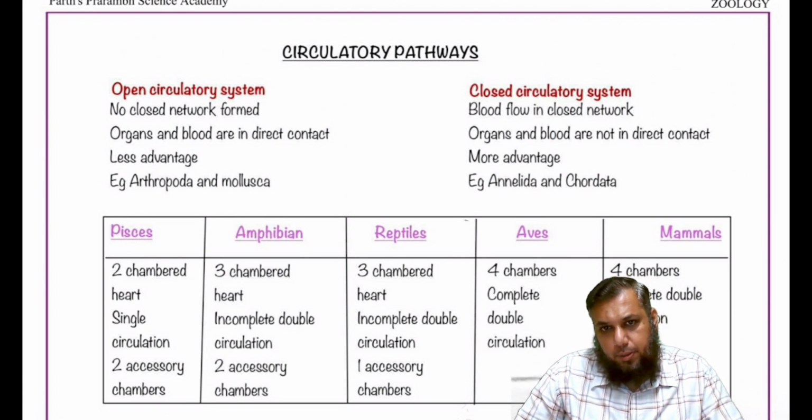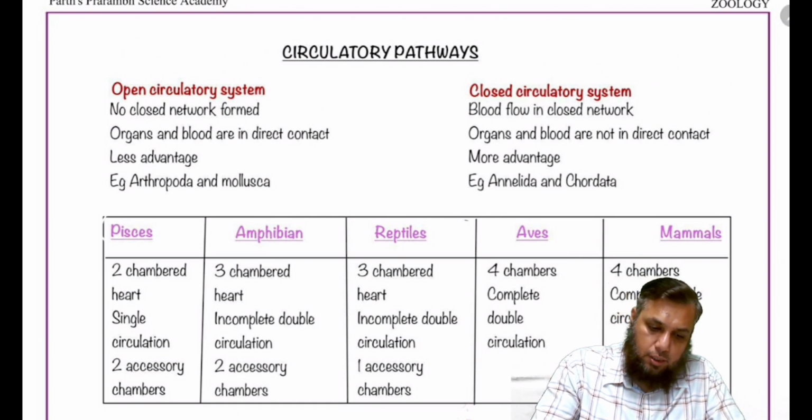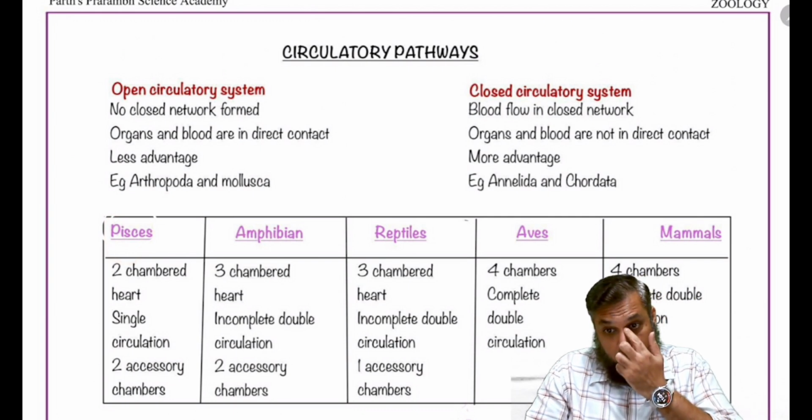are two types of circulatory pathways, open and closed. And closed circulatory system is seen in annelids and chordates. So when you come to the phylum Chordata, you have got class Amphibia, Reptilia, Aves and Mammalia, and the superclass Pisces. In the case of Pisces, the heart is two-chambered. It's a two-chambered heart. So please remember that Pisces have got a two-chamber heart, a single circulation, where when the